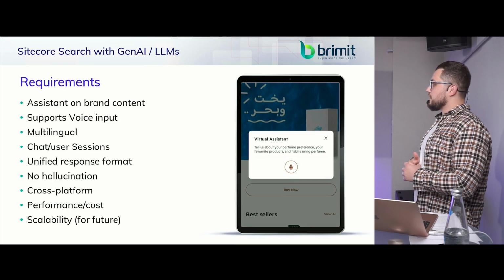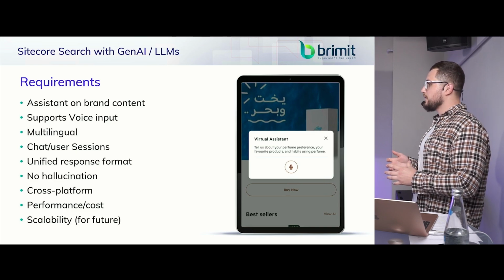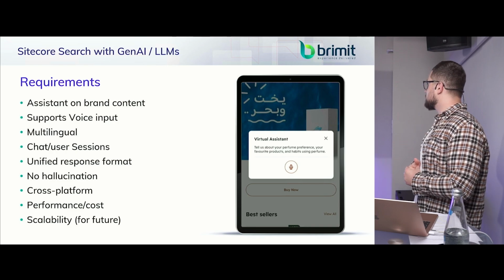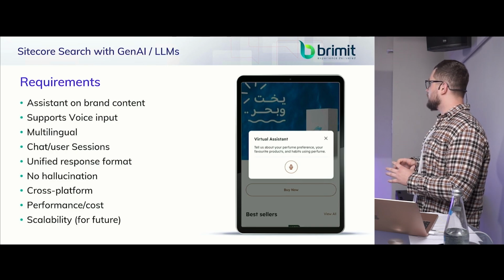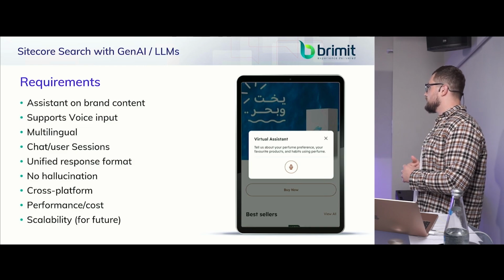And if the user asks something not related to perfume, we should just return something like, "Sorry, I am a perfume assistant, and I only know information about perfume." Of course, it should be something